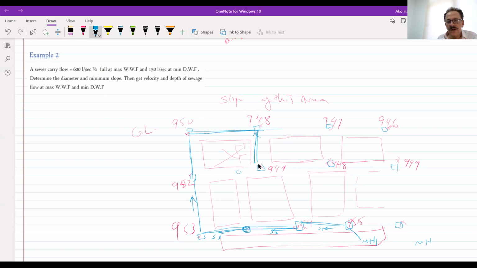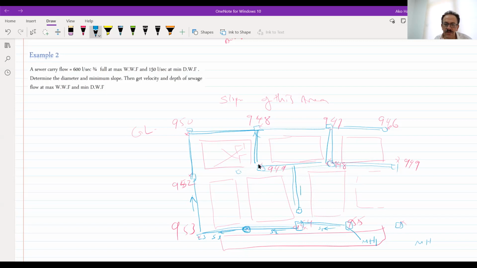Now there will be like this, and like this, and there will be 949, and we have 946. So it will be better to serve this area this way. Got this one? And we have an area here that is missing, so you should put another manhole here, and you have to look at this one.